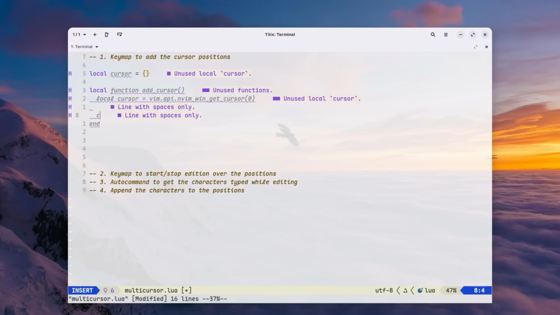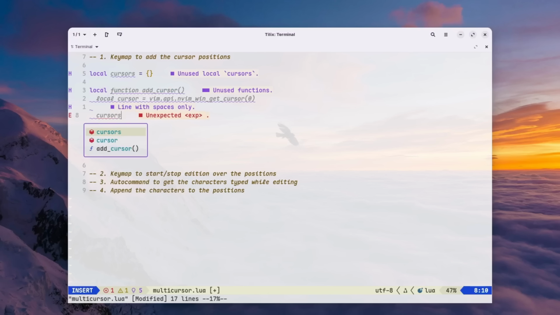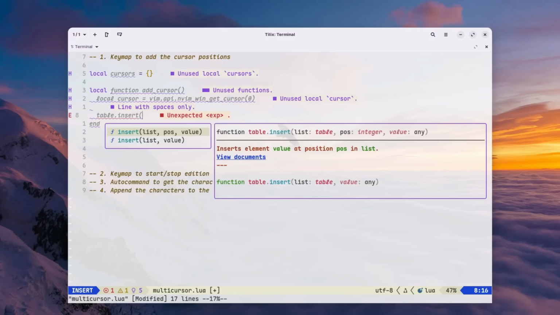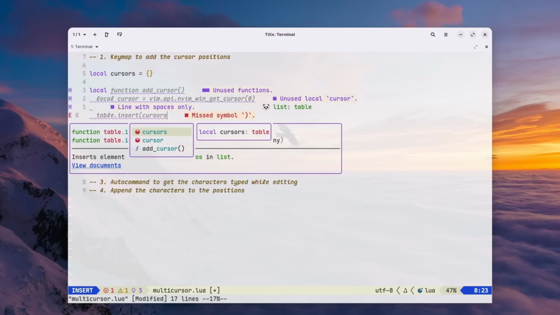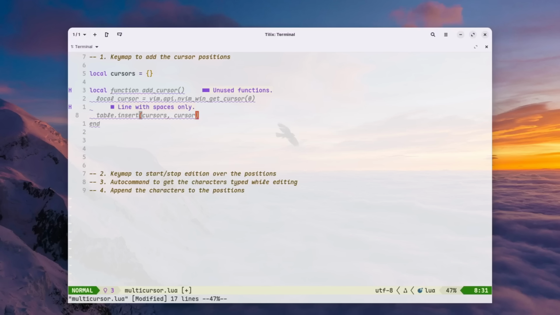Now I need to add this to the cursors array. I need to use table.insert(cursors, cursor). Okay,